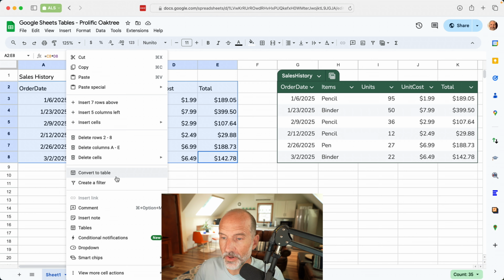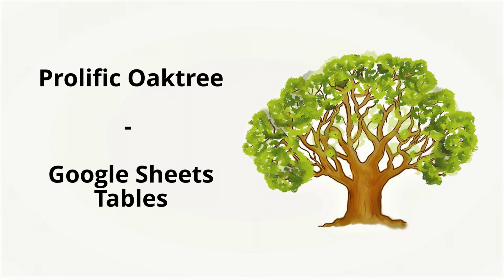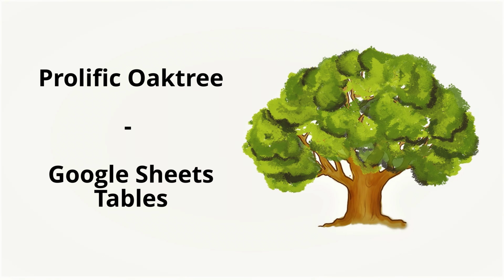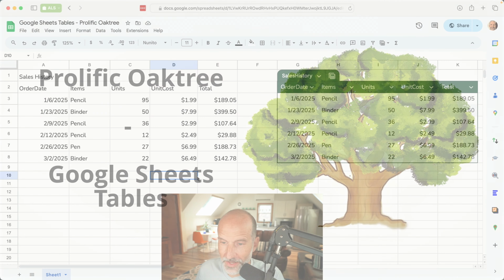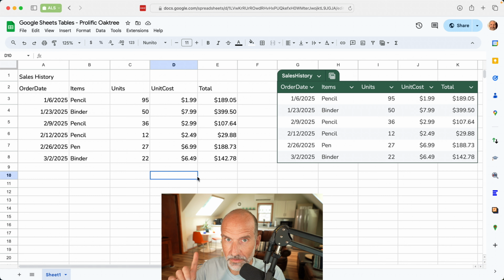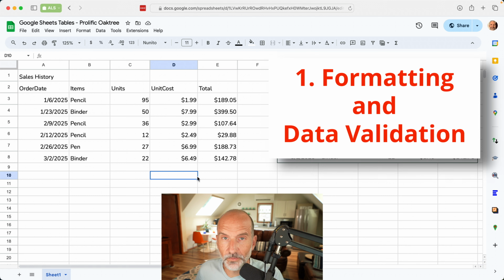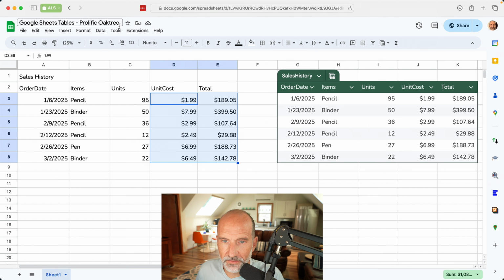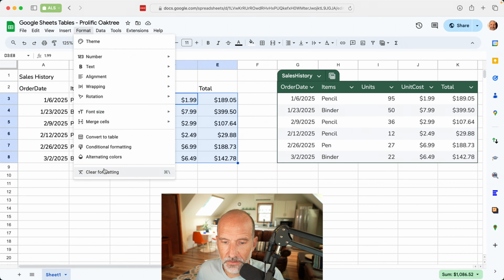We're going to go over 5 concepts that you no longer really need to do on the right, where there's an actual Google Sheets table, because it's been built in. All right, so on the left, we're going to do the first thing that you don't have to do anymore, and that is formatting and data validation. So let's take the formatting back off of these numbers. We'll go to Format, Clear Formatting,